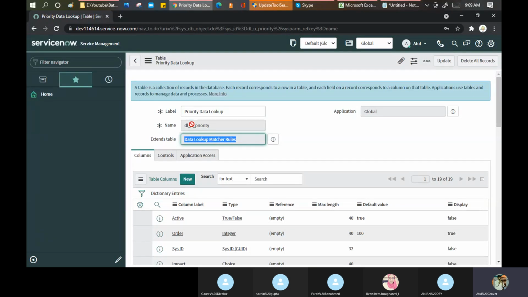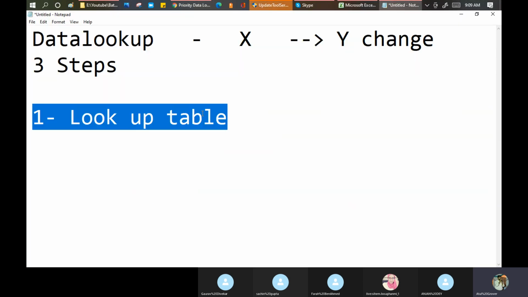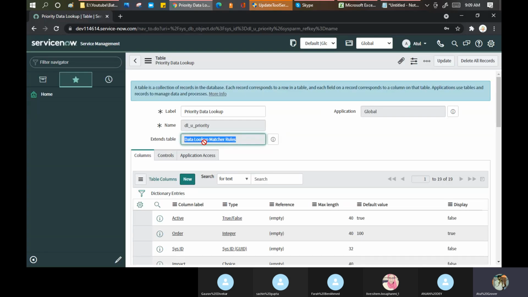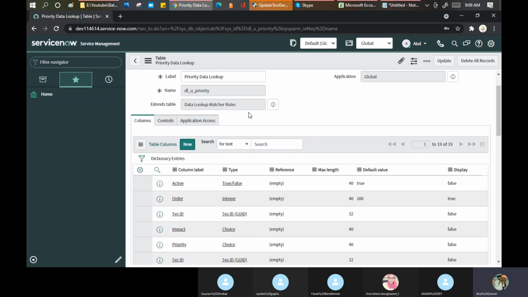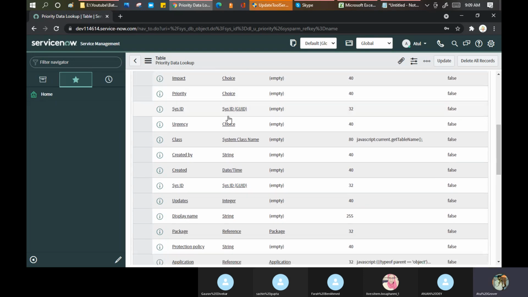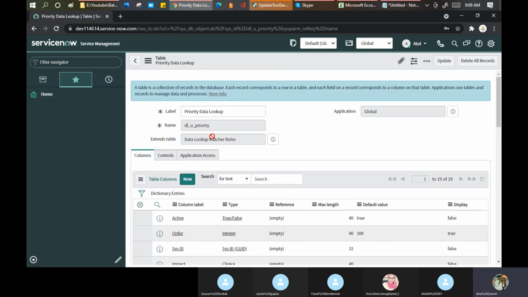Will the task table provide you this format for the lookup, like A, B to C? The task table will not provide this particular format. So to get this format, we have a special table called the data lookup matcher rule table. When you extend this table, you will get a lot of attributes or values from this particular table as well.